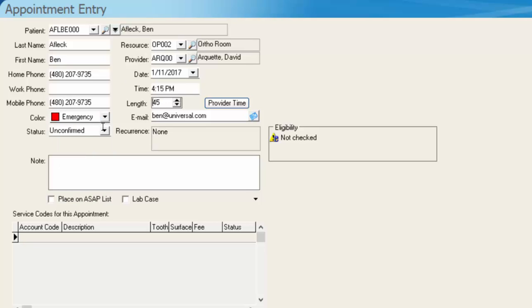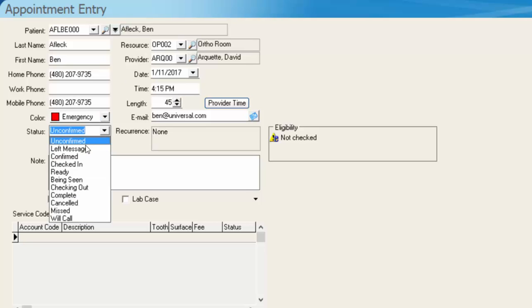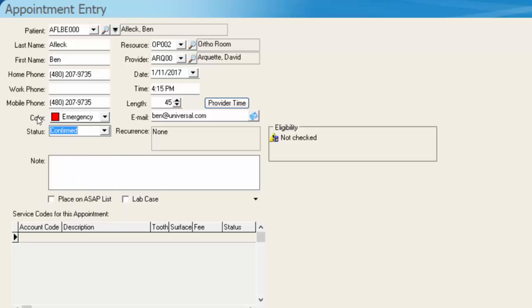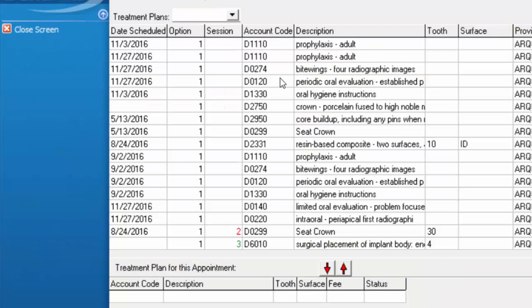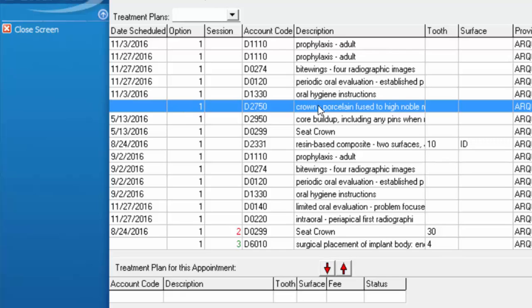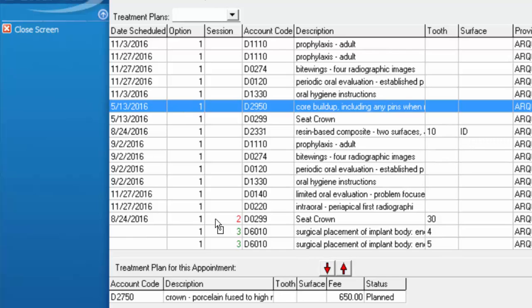Set the length of the appointment, and you can go ahead and change the appointment manually to confirmed if he told you he's going to be there this afternoon. Because this is an existing patient, we're able to attach service codes to his appointment from an existing treatment plan that he may have by simply selecting and dragging and dropping that item down to the treatment for this appointment